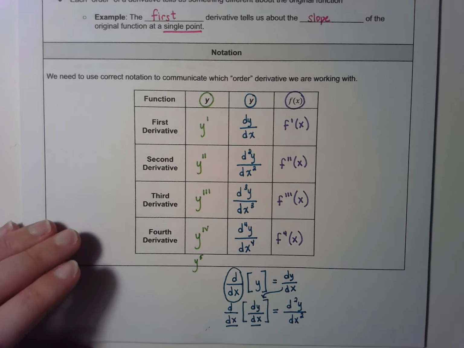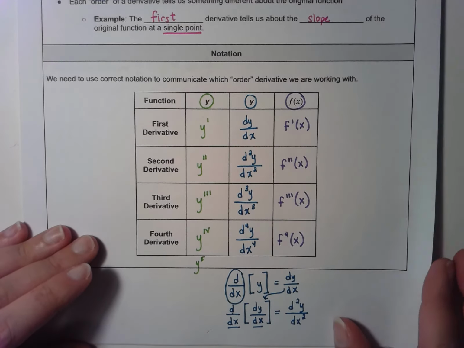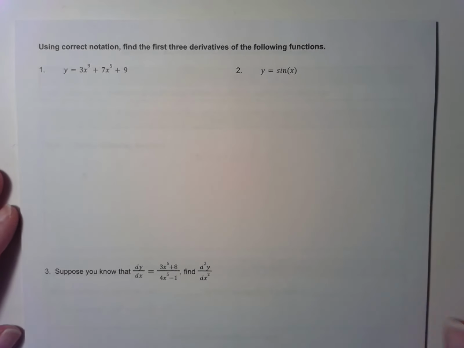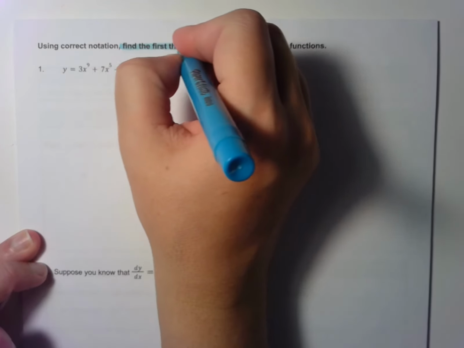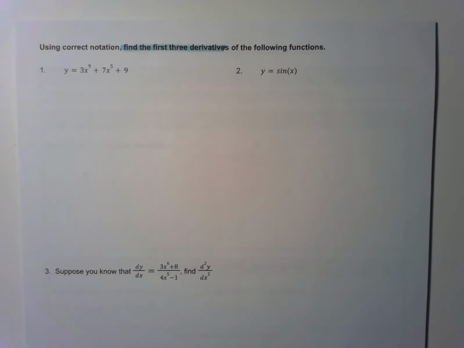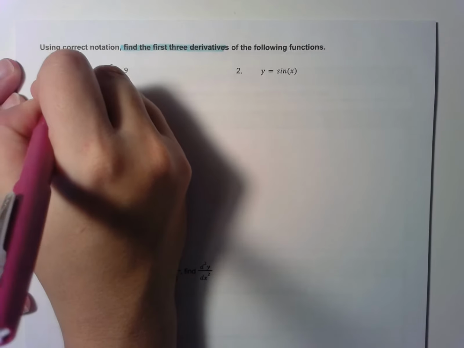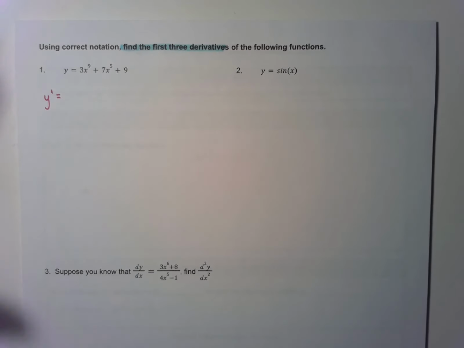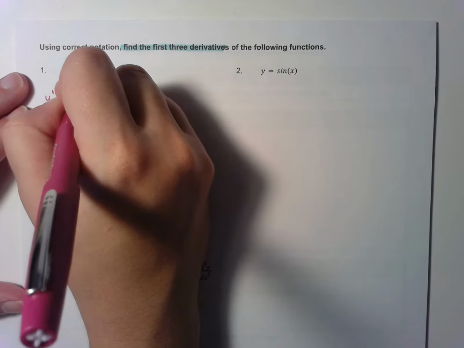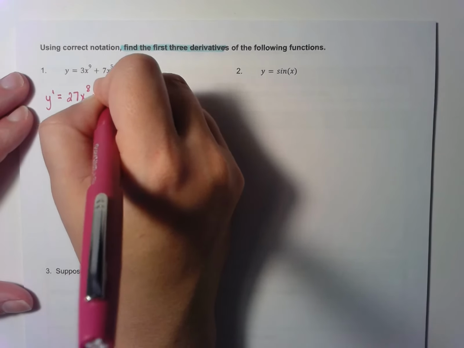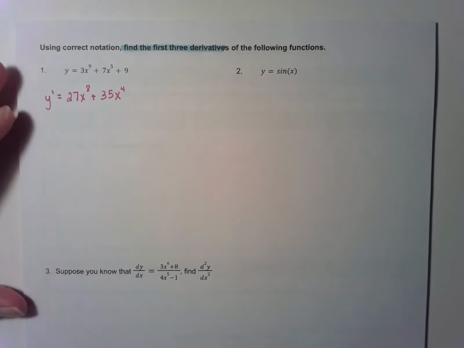Okay, now that we kind of know the notation we're going to use, let's practice finding a bunch of derivatives. So using correct notation, find the first three derivatives of the following functions. So we're going to find the first three derivatives of the following functions, and we want to use correct notation. For the first derivative here, I'm going to use just the y prime notation. So y prime equals, and I'm going to take the derivative like I always do. So 27 x to the 8th plus 35 x to the 4th, and then the derivative of the number 9